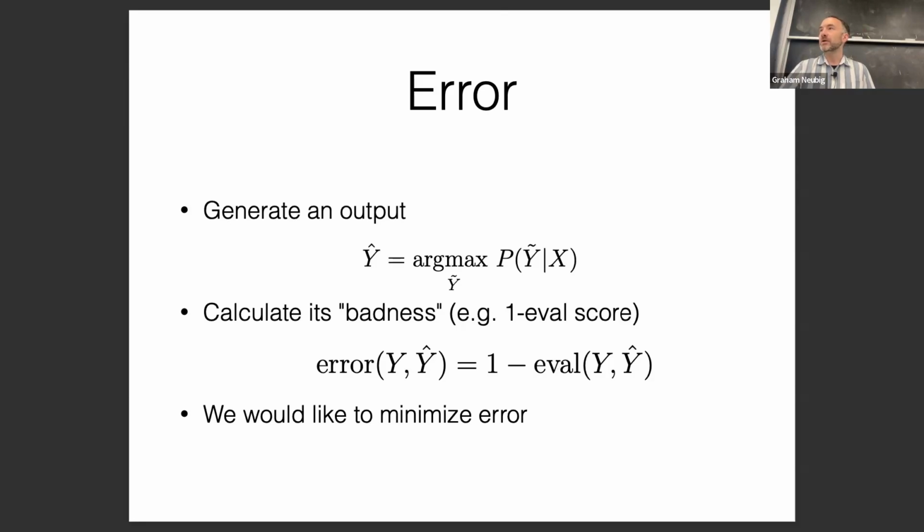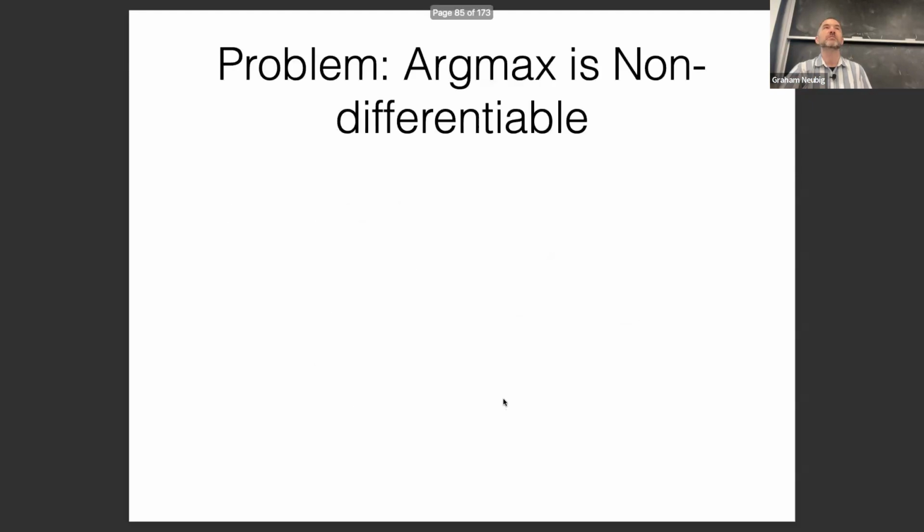Generally, we want to be minimizing our error because, we're good. Let's assume that we're showing just one output to a human. We would like to be showing the best output to them on average. There's other things we could be maximizing. Let's say we're not showing one output to humans, but actually showing them 20 outputs, like in a search engine. Then we would want to be using a different metric that considered the goodness of the 20 outputs that we're actually showing to humans. But for now, let's assume we're just showing them one.